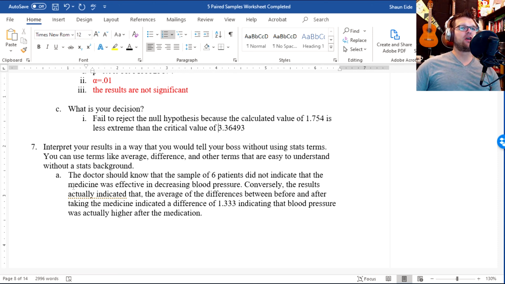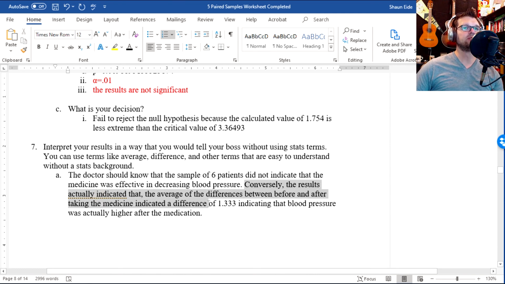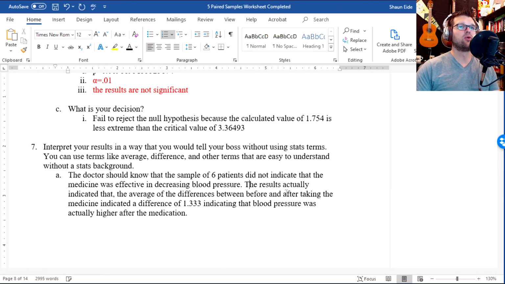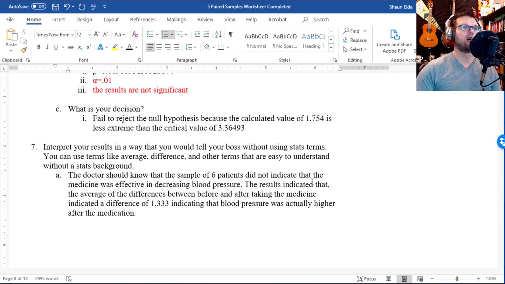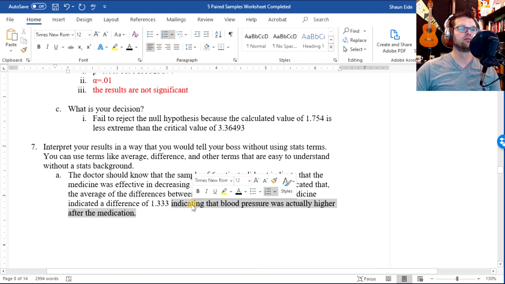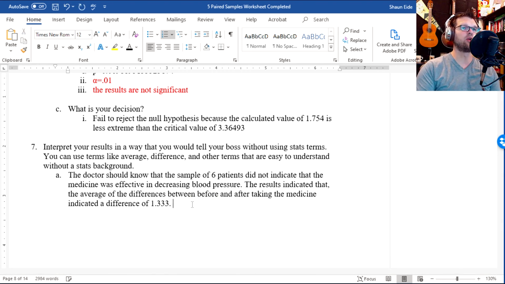Conversely, the results, well, this is, once again, because I messed up the tail before, so I'm going to say the results indicated that the average difference between before and taking the medicine was a difference of 1.33, but this difference is not enough to